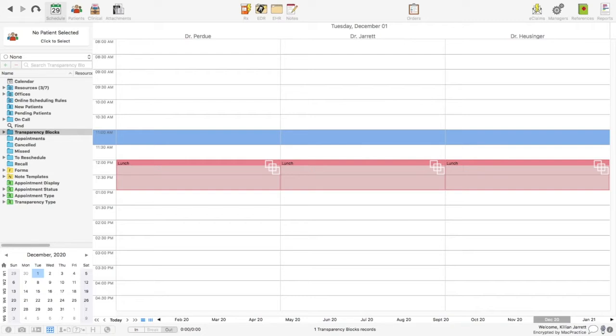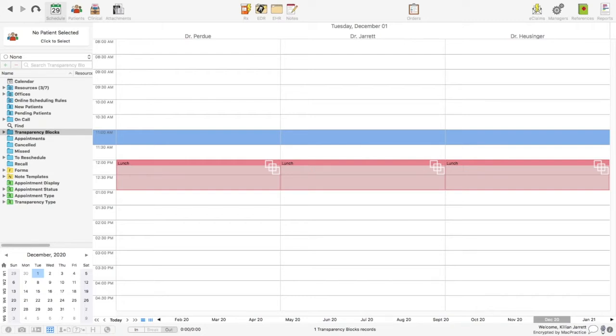So before we hop in, I will point out that in generation 11 of Mac Practice, we did revamp transparencies. So if you are on an older build of Mac Practice, things are going to look a bit different on your end, but the tips and tricks presented will generally be applicable to the Mac Practice build that your office has. However, I do highly recommend that your office updates your Mac Practice if possible. If you put in a ticket with support, a representative will be more than happy to provide assistance and information